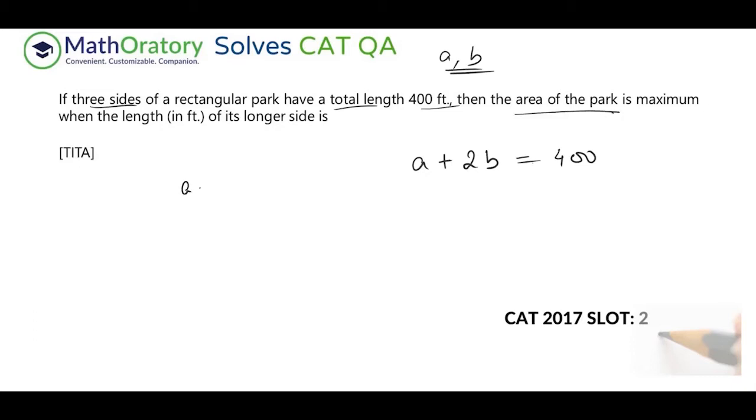Now, area of the park will be A into B. So we are trying to maximize A into B. Now, if you are aware of AMGM, this becomes very, very easy because you don't even have to apply the AMGM inequality, I mean. All you have to do is just know that when the sum is kept constant for two specific things, the product is maximized at the point of equality. So if you understand that, then this question becomes easy. But I'll take a minute to explain that as well for those who are unaware of it. It's a very easy idea.